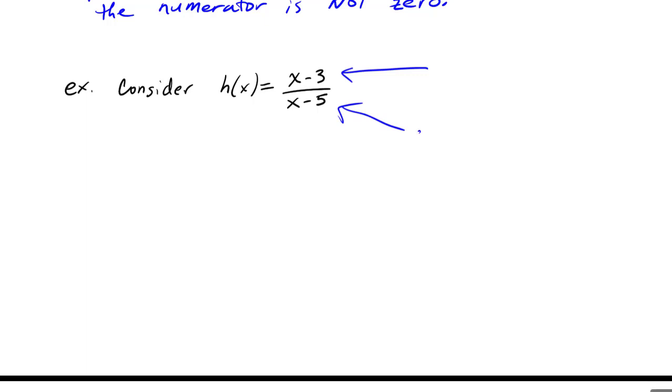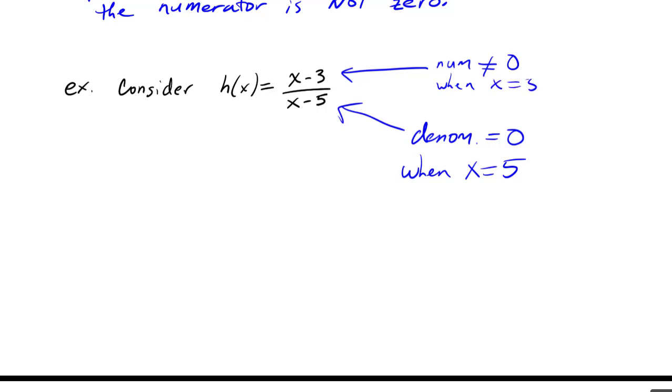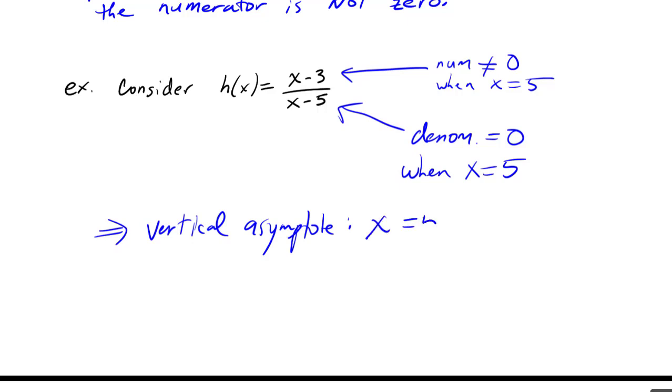Obviously, the denominator equals 0 when x is 5. Now, the important thing about the numerator is that the numerator is not equal to 0 when x equals 5. This is telling me that there is a vertical asymptote